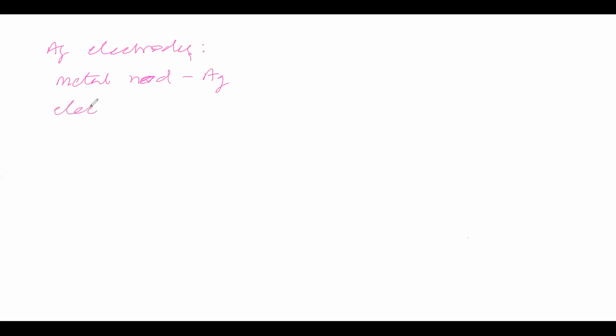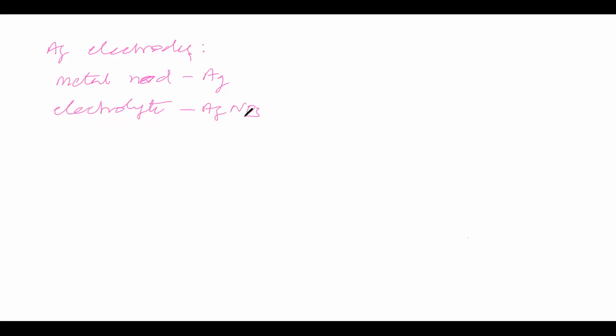Electrolyte, how will it be? That will be different. In one case, the electrolyte is silver nitrate. Now in this case, what we have to find in the question is E naught. For the silver electrode, E naught we have to find. So different types of silver electrodes are there. That we will discuss later. We will come to the question.